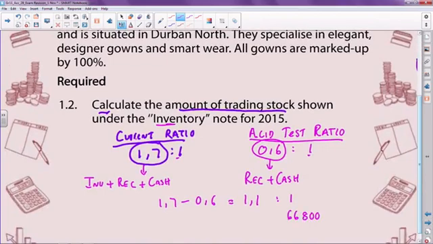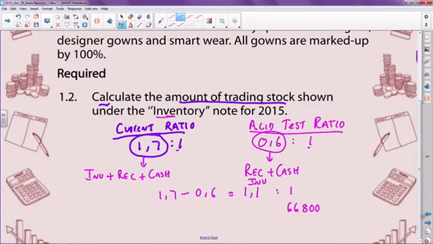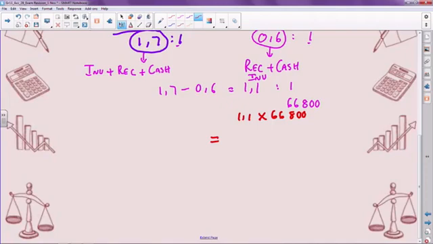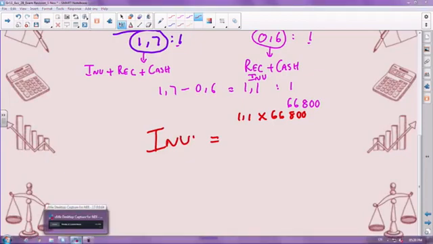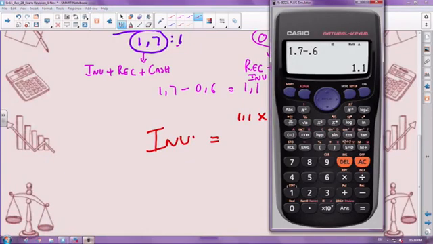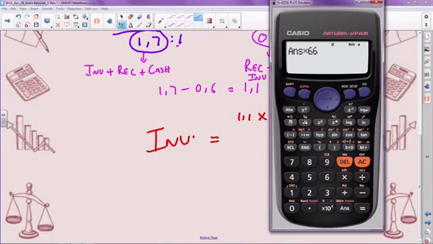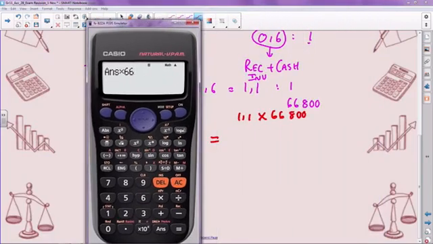66,800. So in other words, my inventory would be 1,1 times the value of my current liability. So if I take 1,1 and multiply this by 66,800, that will give me the value of my inventory figure. So let's do that. Let's get the calculator out again. So I've got 1,1 times 66,800, and the value of my inventory,